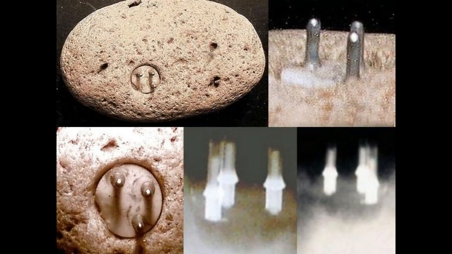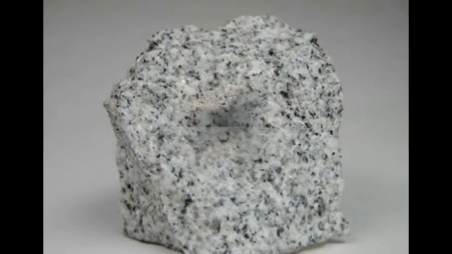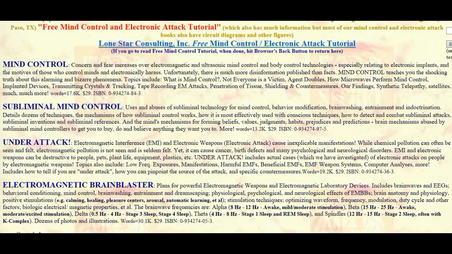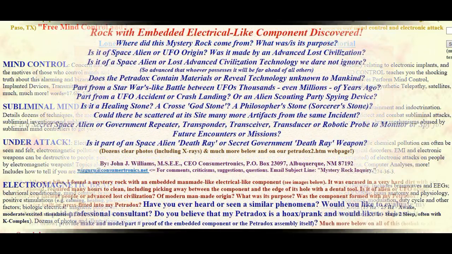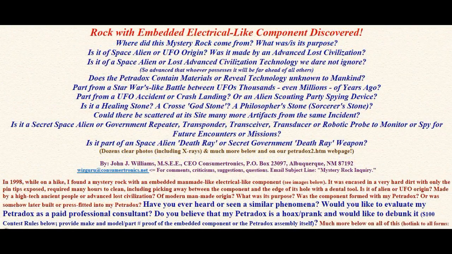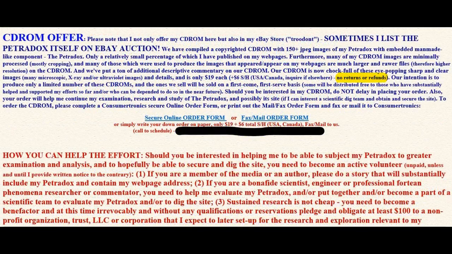The cracks in this story, pun intended, quickly surface when just looking at images of the stone. Granite is very strong, and unlike this specimen isn't porous, so that claim is false. Looking into his company, Consumertronics, it is all about technologies dealing with more of the conspiracy-minded folk. On top of this, his website goes into great depth about his Enigma Lathe, where he will sell you a CD of images of it for only $19.